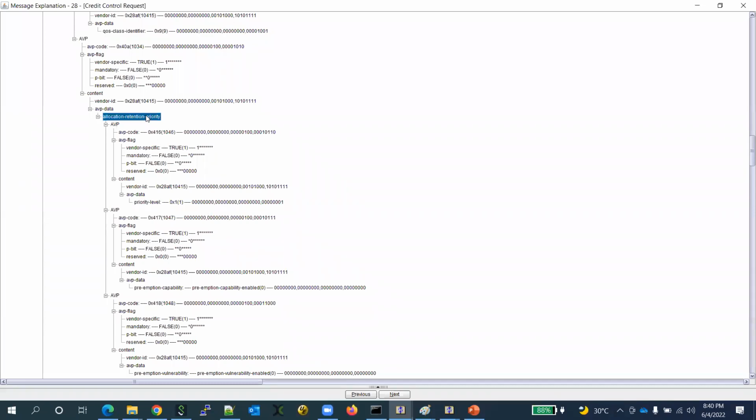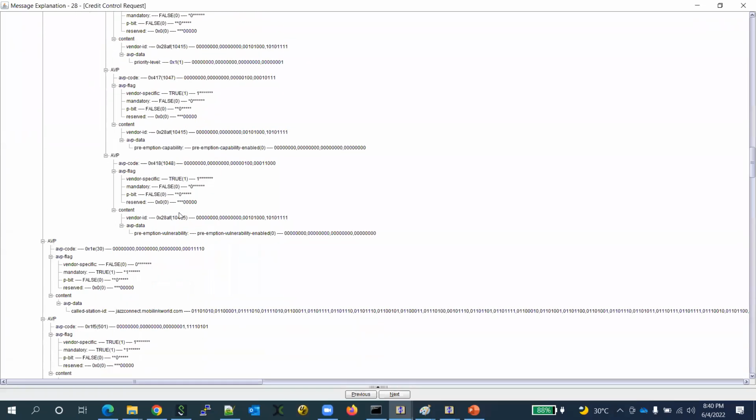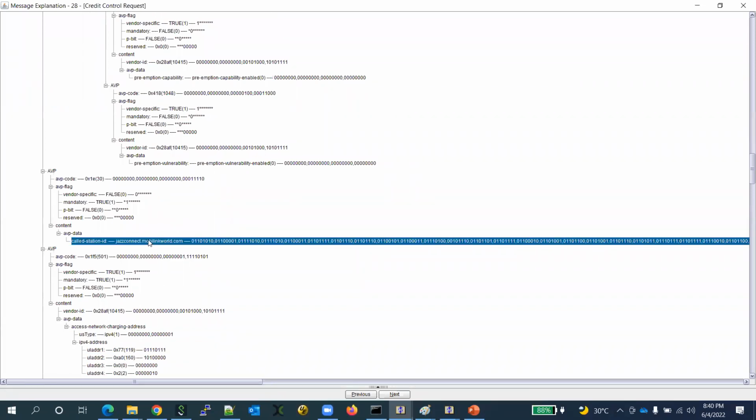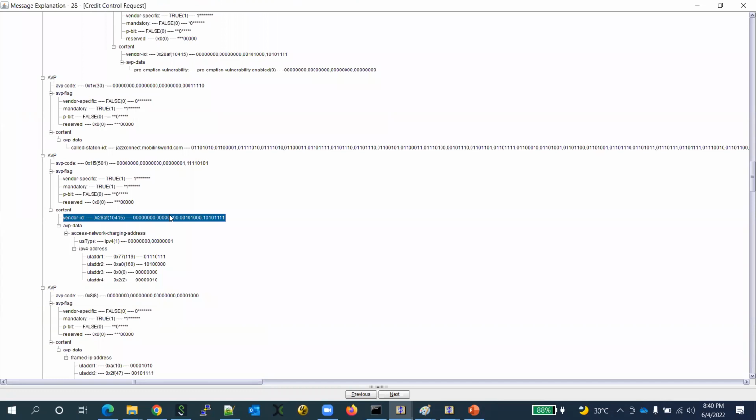The allocation and retention priority information again based on this, and then I'm going to give my APN. This is my APN, because in PCRF you can have APN based policies as well. So many things that you can do in PCRF. You need to inform each and everything to the PCRF to ensure the PCRF provides you